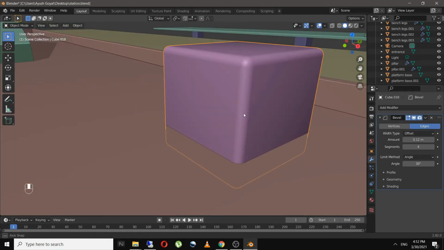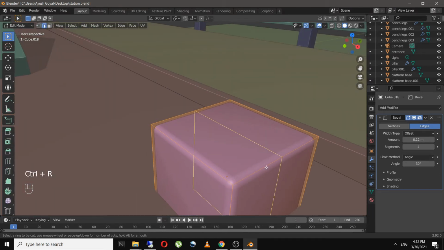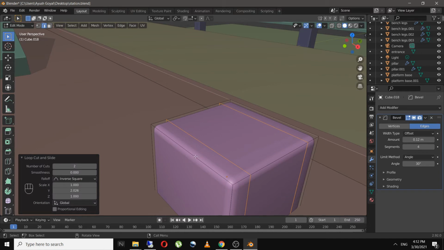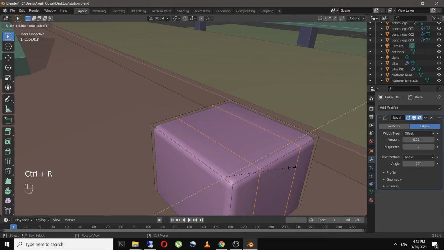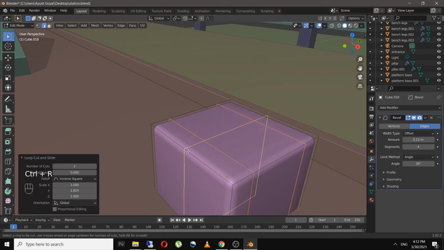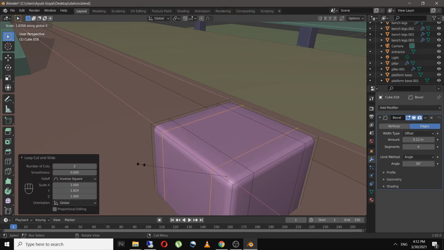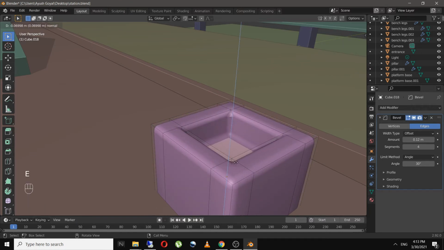And now in edit mode, I will add in two edge loops like this, scale it on the Y axis like here, and I will select this face and extrude it downwards just like this to give it a chimney kind of view.